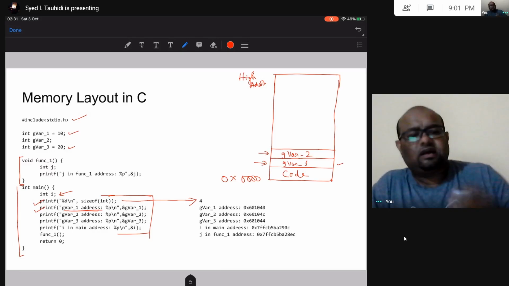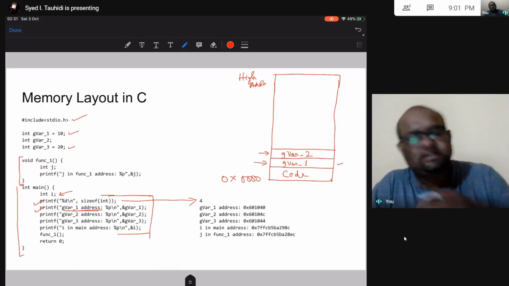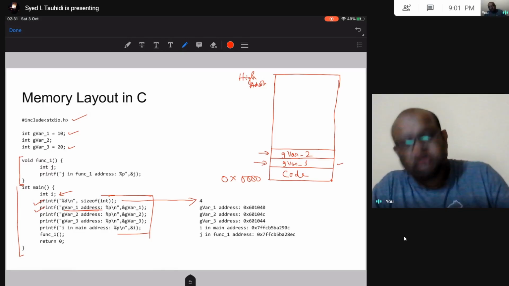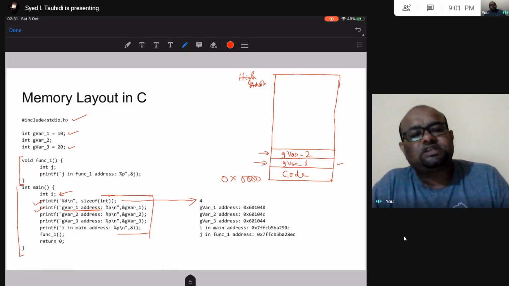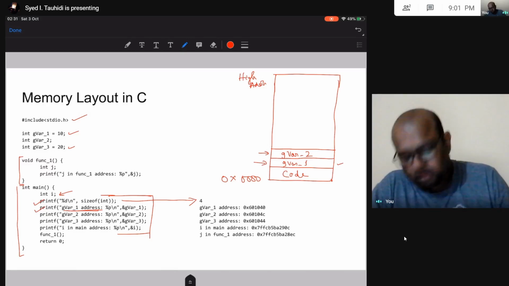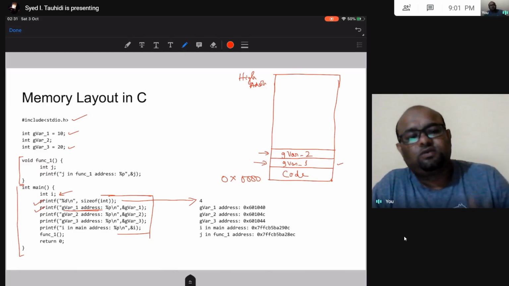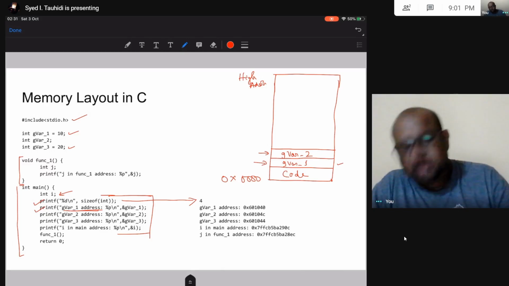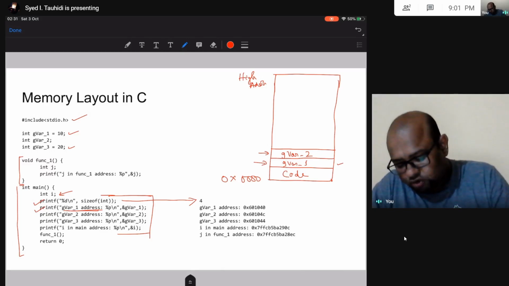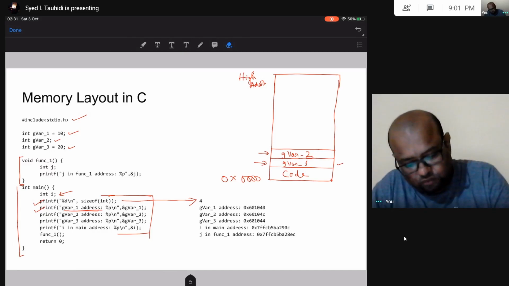Then after I am done allocating space to all these initialized global variables and initialized static variables, I will be allocating space to the uninitialized global variable. What are the uninitialized global variables that I have in my program? I have only one of them, this global variable 2. Okay, sorry, this is global variable 2, not global variable 3, right?